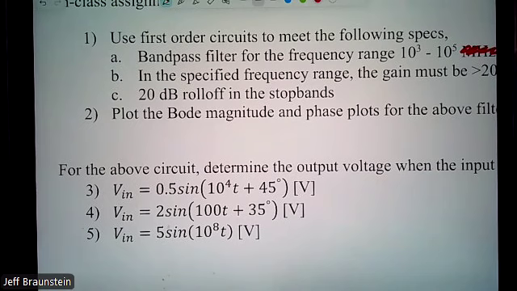Before, we had the second order circuit that had a slope of 20 dB. And now with the same thing, it still has a slope of 20 dB because it's the first order circuit, and you can't have more than 20 dB with first order. So why did we do it? Because the slope didn't change. In the homework, I'm having you do steeper slopes. And here it was just practice.